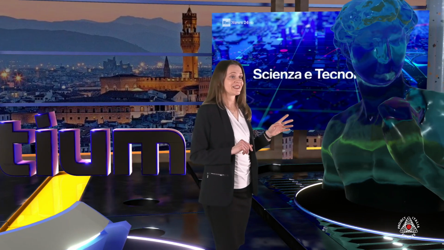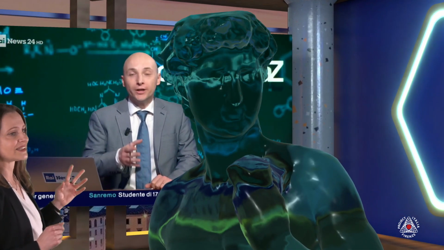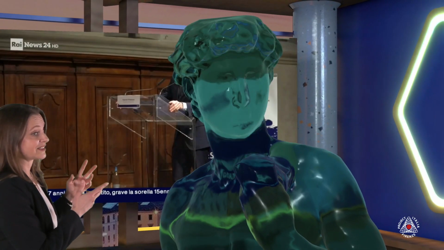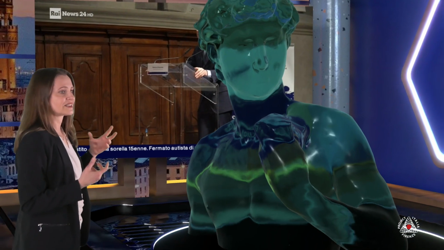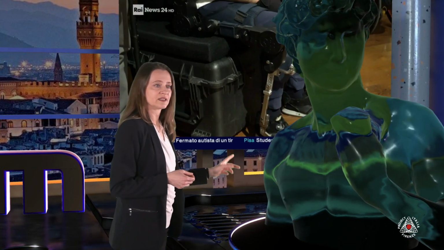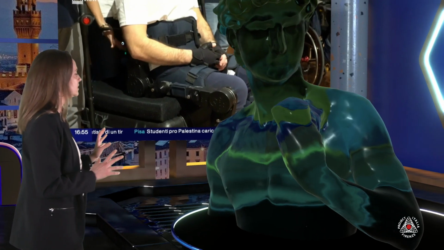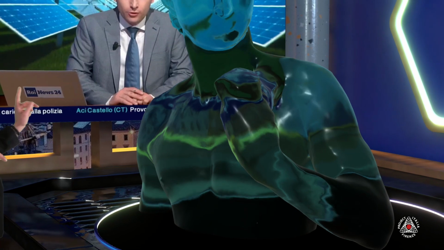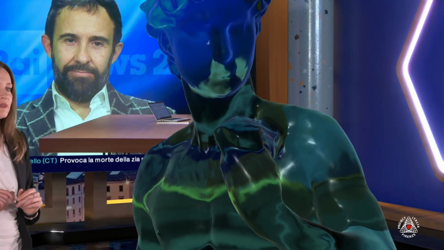Another thing that I would like to show you today is the transmission effect that we can add to the GLTF models. This is a famous statue of Florence, the David of Michelangelo, and we have converted him into a glass statue. Please note not only that it is transparent, but it also has a certain thickness so that it distorts directly the video input behind him, which is my auxiliary video input,